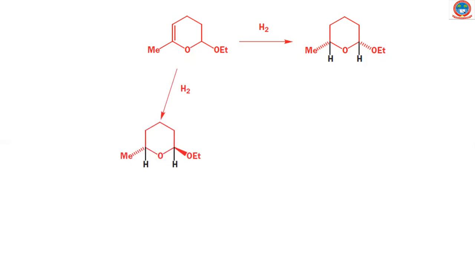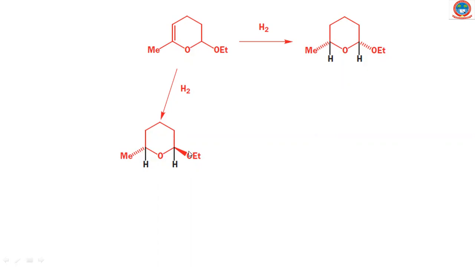And another possibility is, see, that the two hydrogens will be like this. These two methyls will be anti to each other. Here they are cis to each other, right? Both are down the dining table. Consider this hexagonal-shaped dining table. Imagine that the ones shown by the dotted ends are the legs of the table, and these are above the table. But here you see this methyl goes down and the ethoxy comes up.